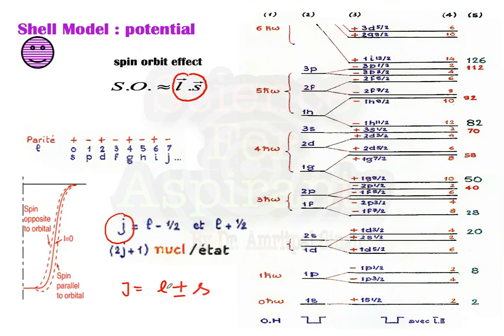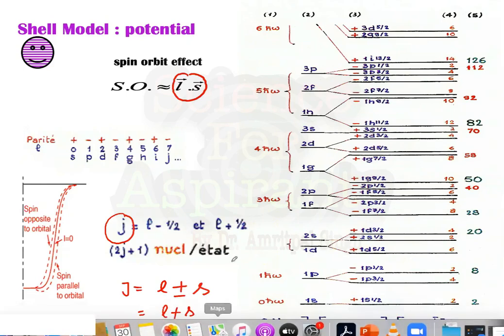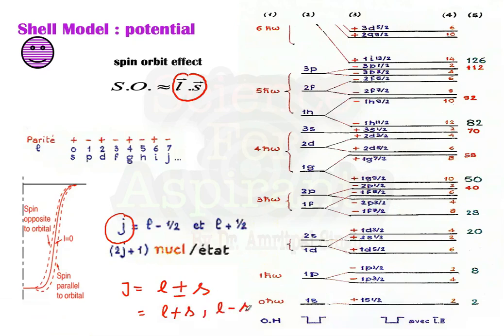So depending upon the spin, if it has a plus 1/2 value, then we will consider it as L plus S. If it has a down spin, then we can consider it as the L minus S state. So they further divided. Like in the previous slide, you will see that they have explained that in the p orbital there can be only 6 nucleons present. So they further break down this p into 2